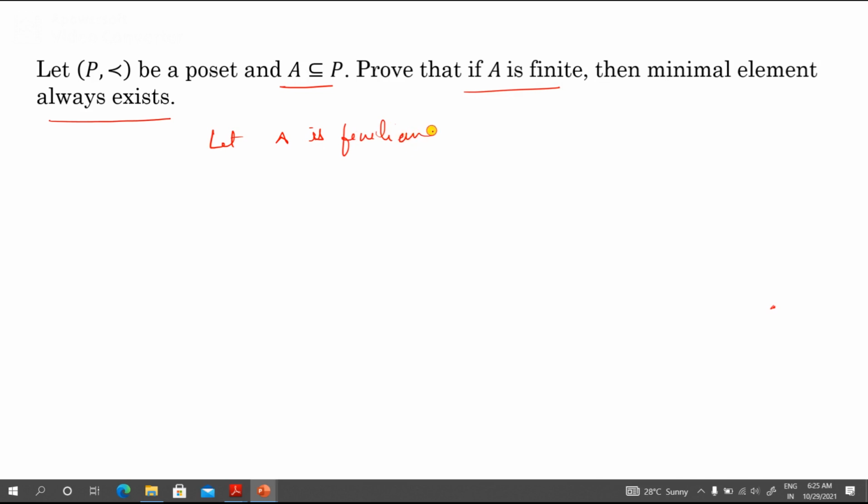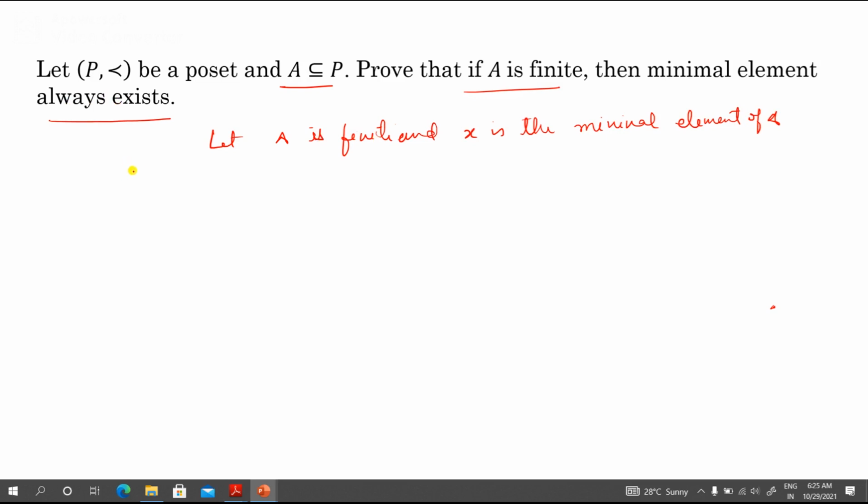And suppose X is a minimal element of A. If X is the minimal element, then this condition is satisfied, that a minimal element exists.